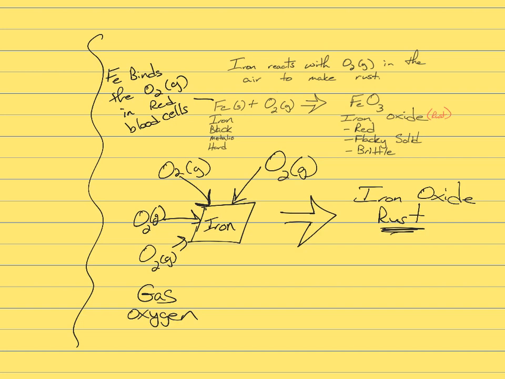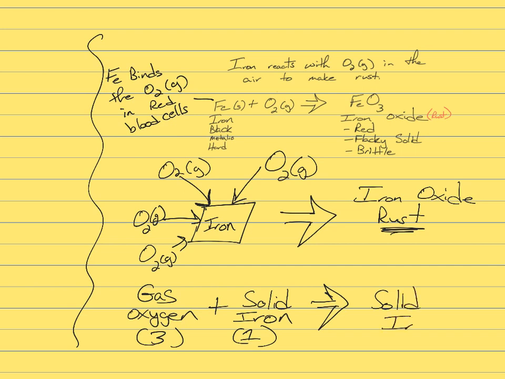For every one iron, 3 oxygen atoms get removed from the air. So as the iron rusts, the solid iron takes 3 oxygen atoms for every 1 iron atom. And what you get is a solid iron oxide. So we called this a chemical reaction. So this is a chemical reaction